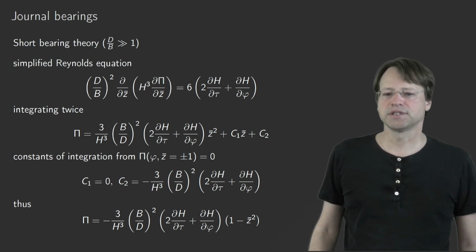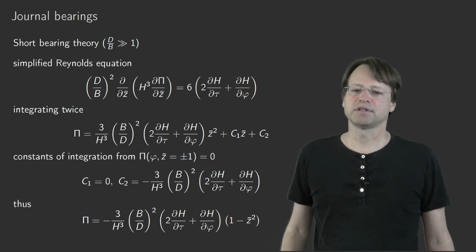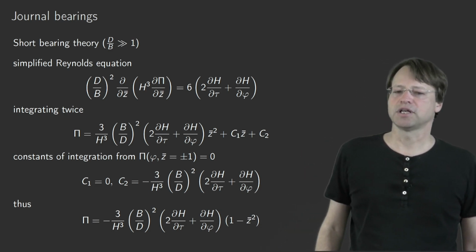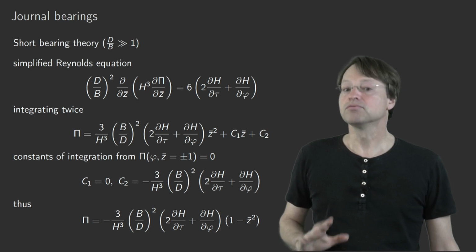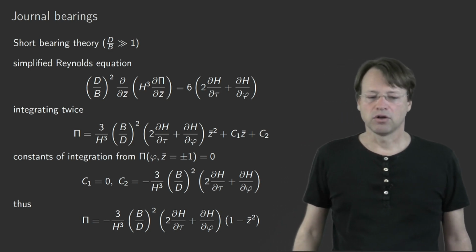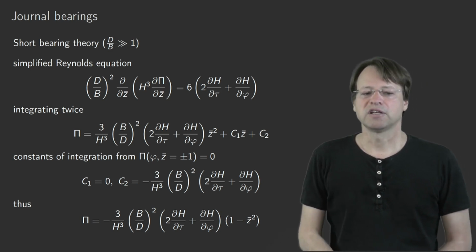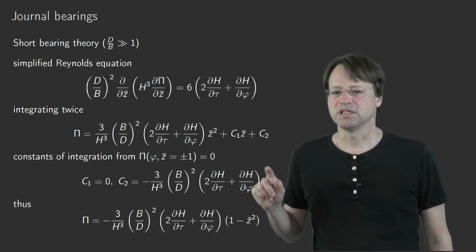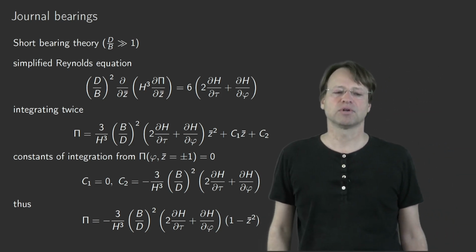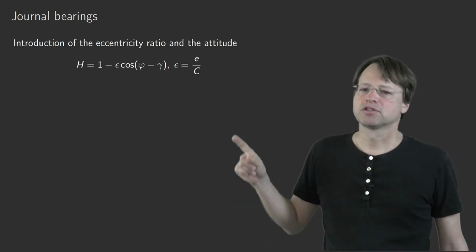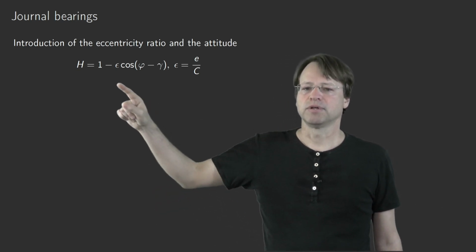The result, as you can see, depends on the lubrication gap, capital H, which is just lowercase h divided by c. Let's introduce this result, and this will be the last slide of this video, and let's interpret what we see for the pressure. So where does that pressure come from? Okay, so H, capital H, is just the lubrication gap